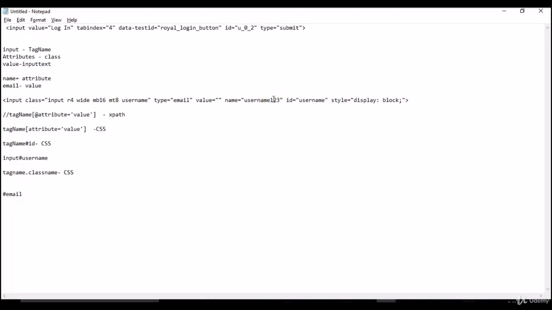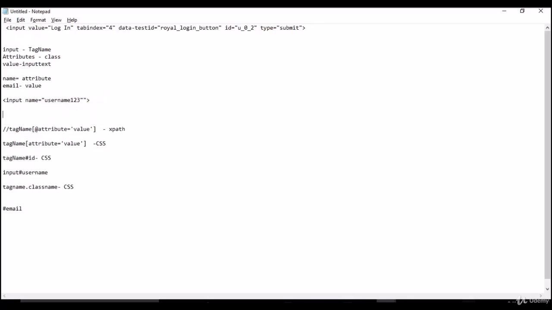It's not a rule, but most of the time it changes, and you don't have any unique attribute. Let's assume that you have only one attribute, and all these are not defined by the developer. The only attribute also keeps on changing. So at that time, if you want to write an XPath or CSS, how do you do it?